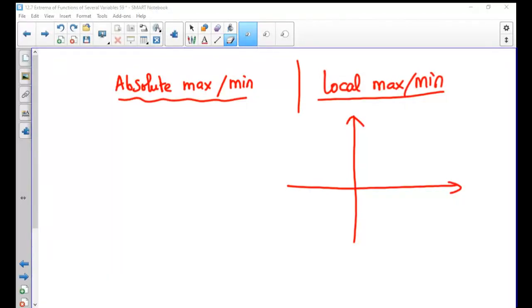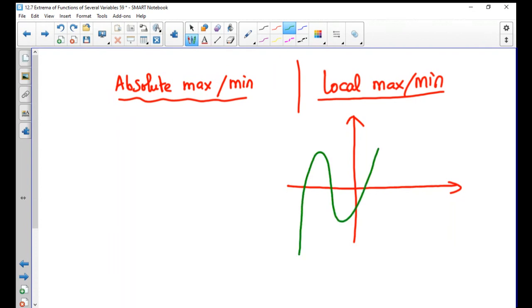Only in a small area, basically. So let me just explain this through the following example. If you have a function which says something like this,